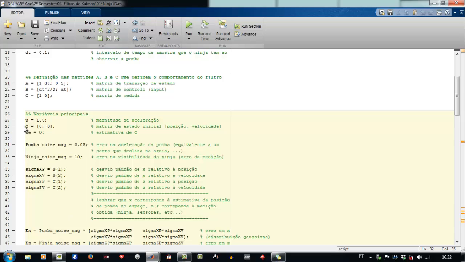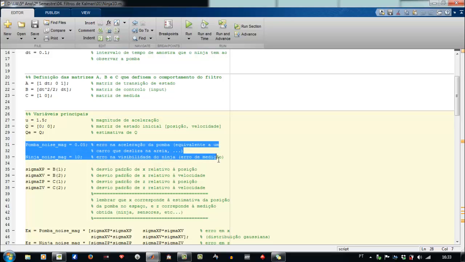So this is where the ninja first expects the pigeon to be. So the first measurement is where the ninja expects. In this case, he expects that the pigeon is still, velocity is 0, and is in the 0 position, if you will. Okay. The next thing that I've done was define what was the noise that